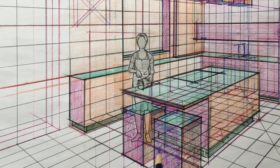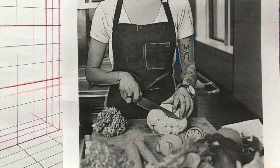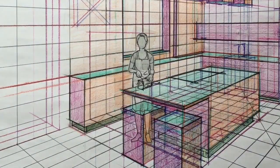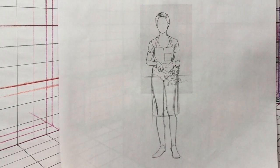I've added my figure. First of all, I had to find my reference, and this seems rather large and overwhelming, but what I loved about it was that she was actually cutting something at a cutting board in her kitchen. So I went ahead with the usual process. I traced her onto my tracing paper, and she's huge, but that's not a problem, because all I had to do was, when I printed her out, I printed her out at a reduced size, and then